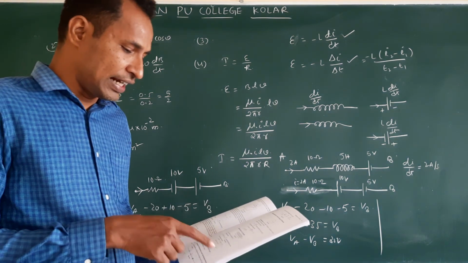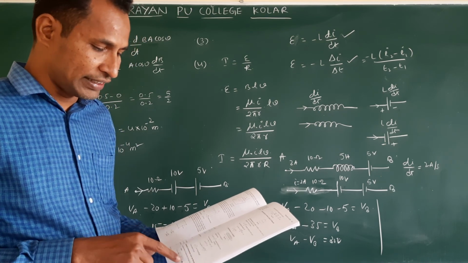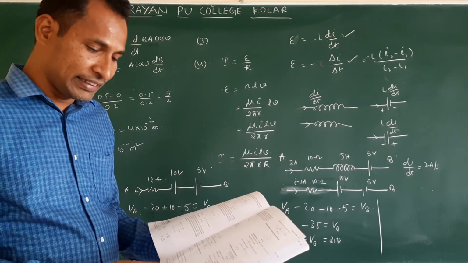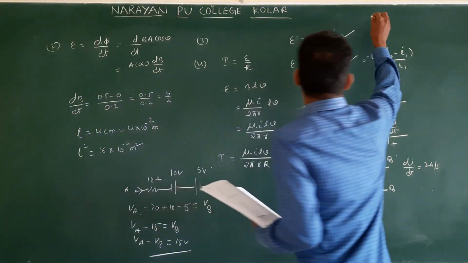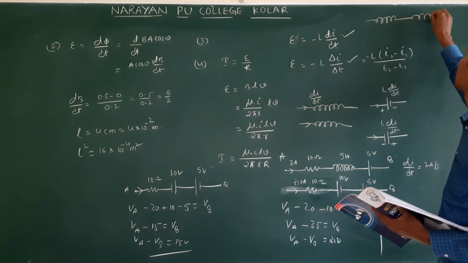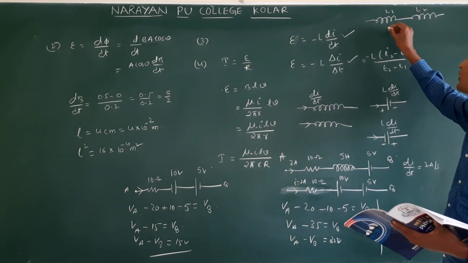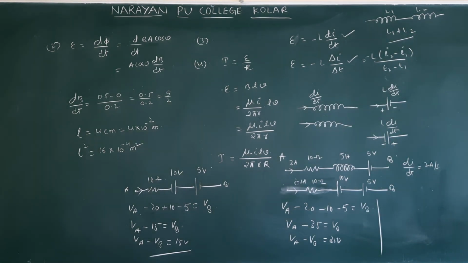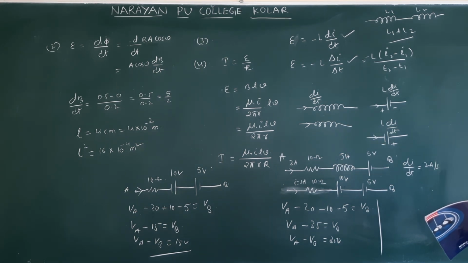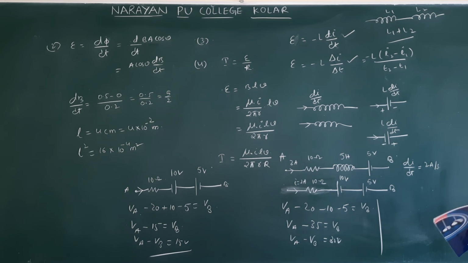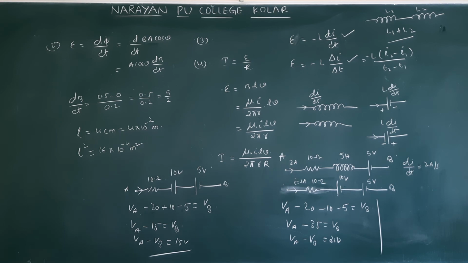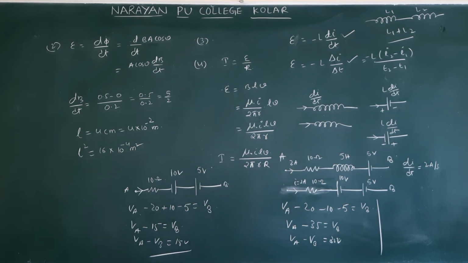Self-inductance of the solenoid. With the solenoid they given, already we have done combination of the solenoid, series combination and parallel combination. If they combine in series, effective means solenoids are in series like this, L1 and L2. Effective is L1 plus L2, like resistance. If they are parallel, it is L1 L2 by L1 plus L2, like R1 R2 by R1 plus R2, parallel combination.